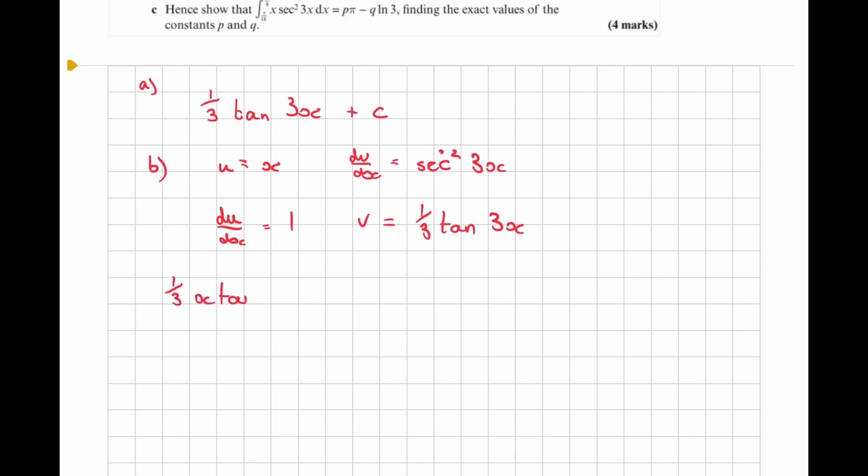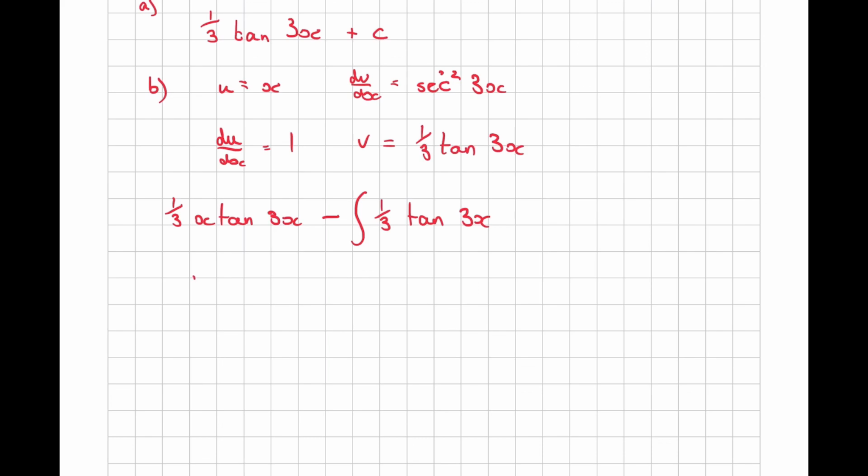x tan 3x minus the integral of a third tan 3x. Now this is another one where we want our formula booklet, because indeed tan x is also in the formula booklet, and tan x is actually going to go to ln sec x, so it's ln sec 3x